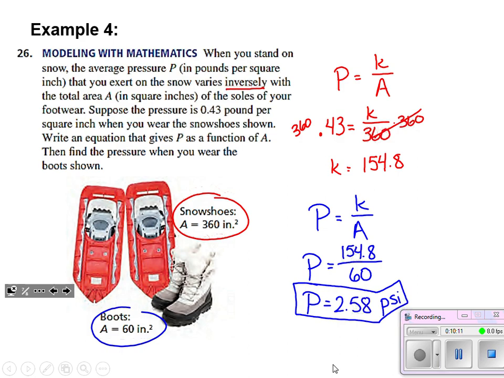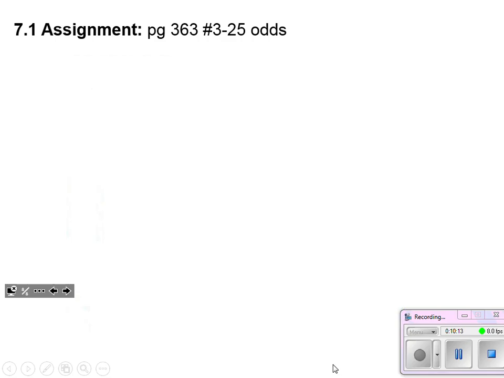All right, believe it or not, that is the end of section 7.1. This might be more of a review than anything else on an Algebra 1 concept, but we're trying to lead into this idea where we're working with functions that deal with fractions in them. So kind of opening the door to some work there. Here's a look at your assignment for section 7.1.